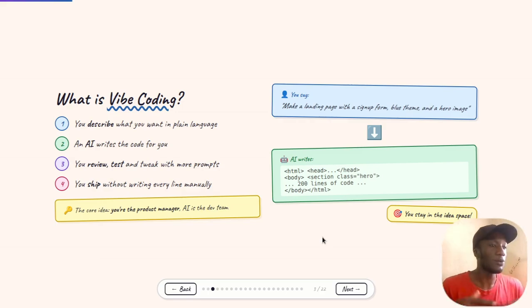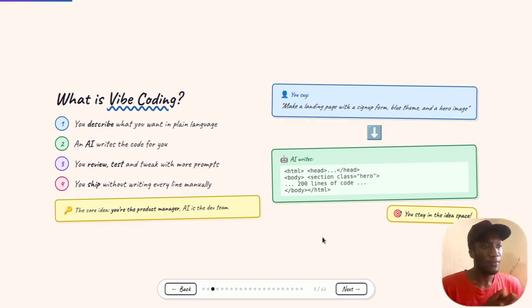Under the product manager, you need to have a dev team who looks after writing code. The dev team is just software engineers, web developers and programmers. But all these have been condensed into one thing. So you are the product manager, and AI is the whole dev team, like the software engineer, the programmer, the web developer, the cybersecurity analyst, something like that. They have taken those roles, and then they have been given one tool like ChatGPT or Claude.